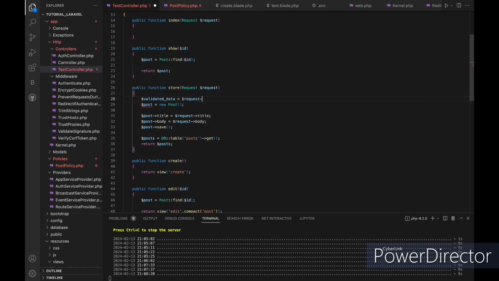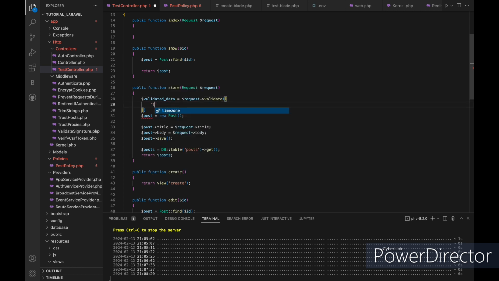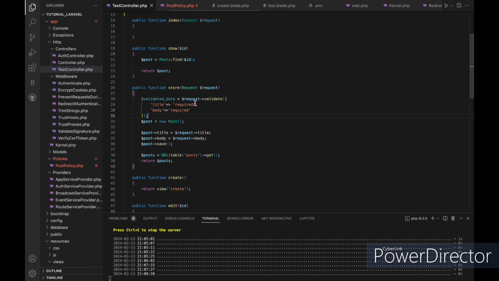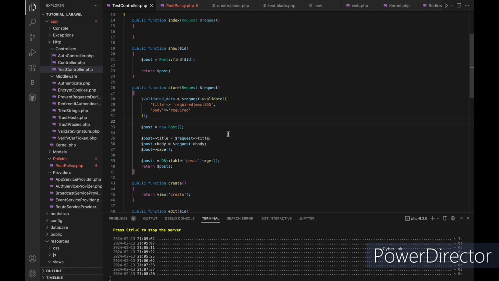We use the validate method on the request object to validate the incoming data. We specify the validation rules for the title and body fields using a simple array syntax. The required rule ensures that the field is not empty. The max 255 rule limits the maximum length of the field to 255 characters. We can add more rules based on our application's requirements, such as unique for ensuring uniqueness or email for validating